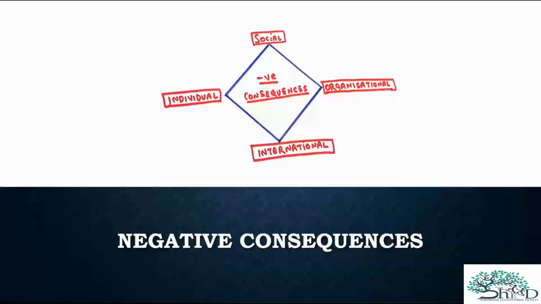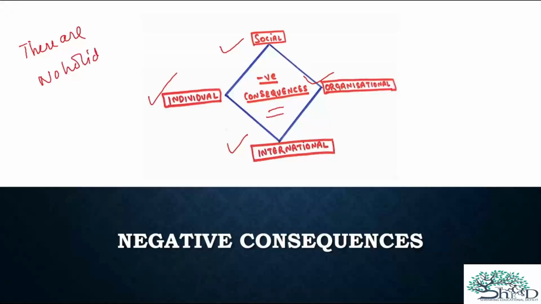Now let's come to the negative consequences. Here also I have divided it into 4 parts: the negative consequences of not following ethics on the individual, social, organizational, and international levels. I've given you these 4 things, but you can extend them according to your own notes, and I would actually appreciate that, because ethics, as I believe myself, has no holidays. There are no holidays in ethics. So I hope you follow this yourself.